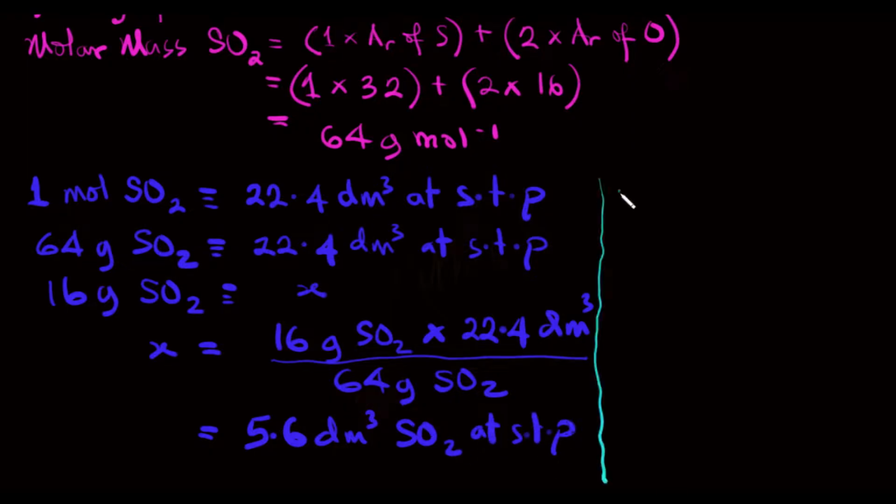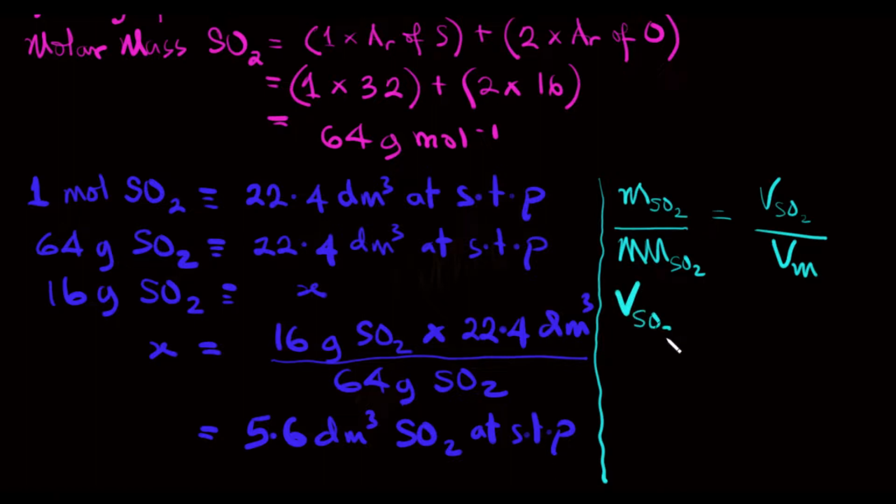Similarly, if we use mass of SO2 over molar mass of SO2 equals volume of SO2 over molar volume, I will make volume of SO2 the subject of the formula. This will be mass of SO2 times molar volume, all over molar mass of SO2. So this gives us